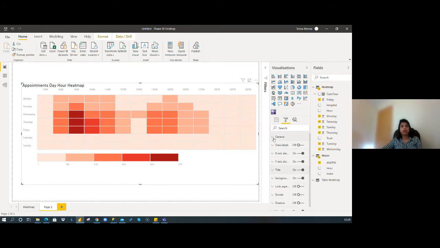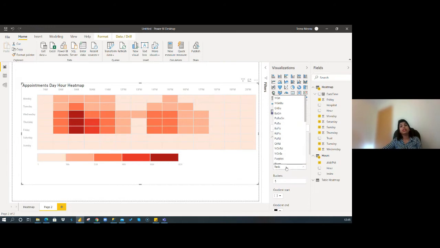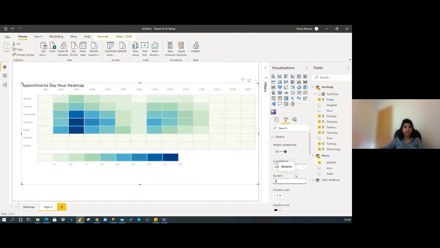If you want to change the color or the theme of the heat map, you can go here in general and color brewer. You can select blue green, or green blue, or any other color, whichever you like. I will just use this green and blue, and you can change the bucket size, but the maximum bucket number is only 9, so you can just change it to 9.